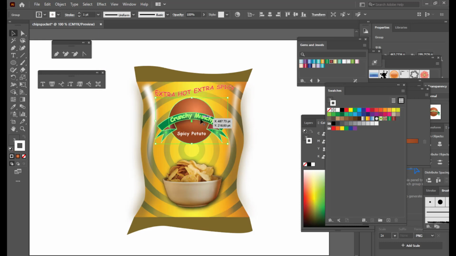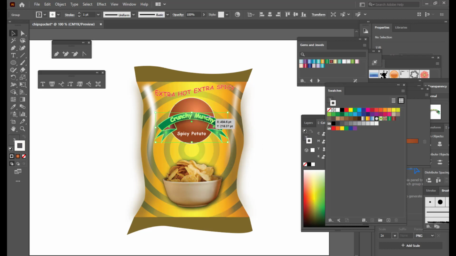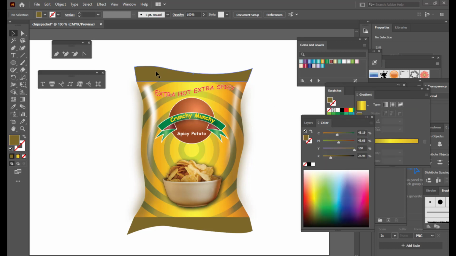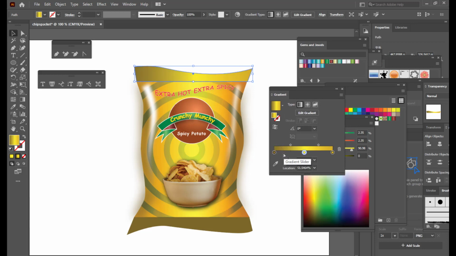And also we can do some change on this label here, the center title one. We'll just ungroup it. We don't want the white stroke, we'll remove the white stroke. Okay, now it looks nice, right? So we'll give gradient to the cap. So we'll just select the cap, the top of the chips packet, and the gradient that we'll give is, so we'll use this